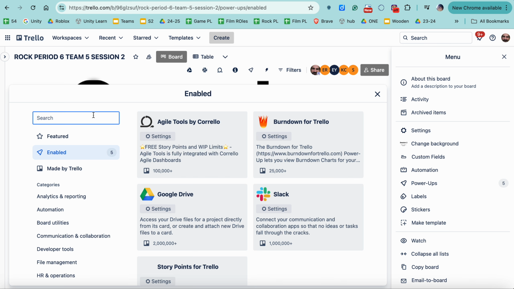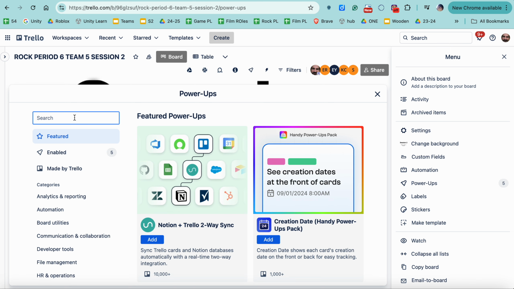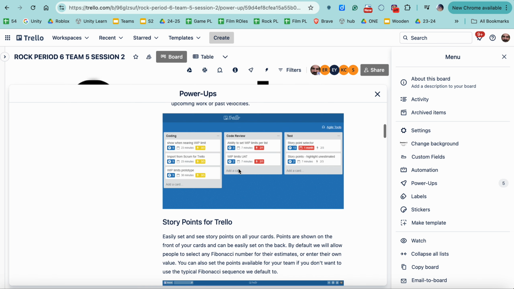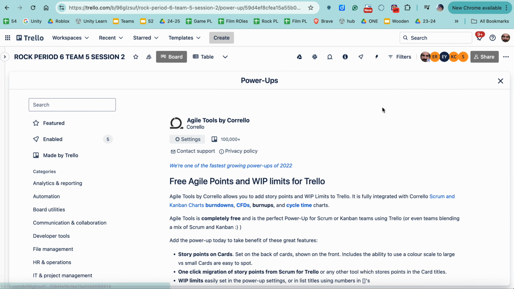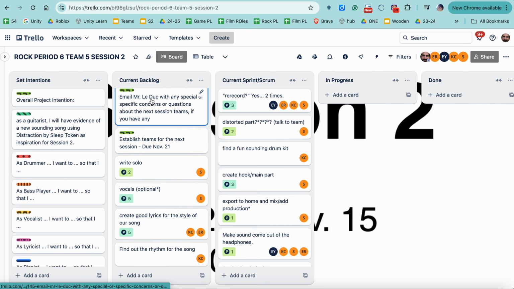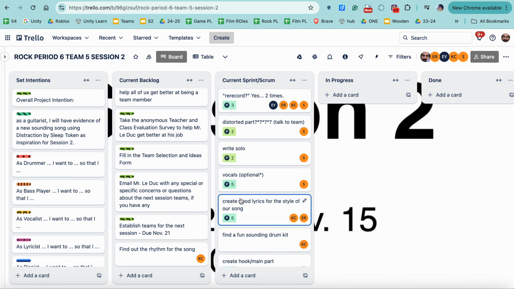If you don't see it, start searching for Fibonacci. Type Fib, you'll see this result. If I were to go up here, it'll be right here. I click on it, and then I go through installing it. Now, what I'm going to do is go to another board in a moment and show you the full install. But once it's installed, then you simply click here. You do your Fibonacci numbers and all the stuff,